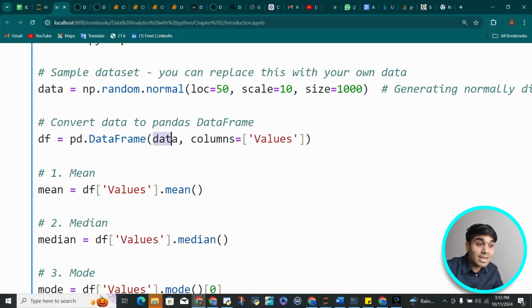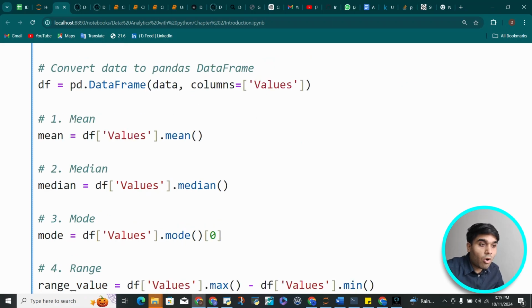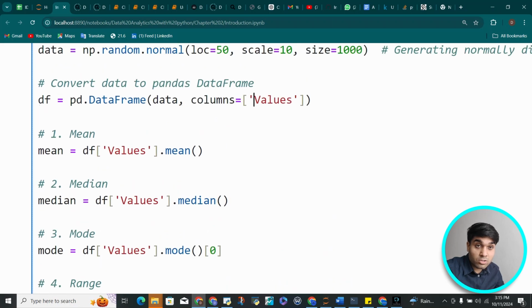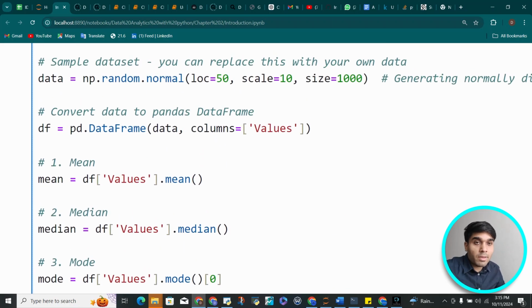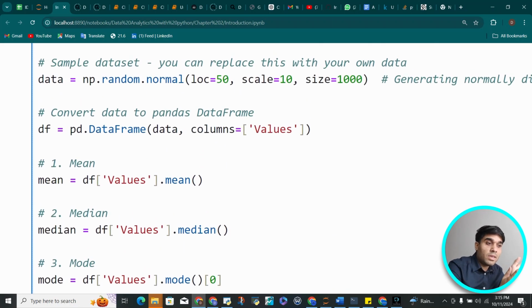we want to convert the data that we have created here using NumPy, and we want this data to be in a structured way. That is a DataFrame, right? The DataFrame is just like how Excel looks. And if I'm going to click here on data, and I want the name of the column to be values. Now if I change the name of the column here, all these functions that I've written here already will also be changed accordingly, because I will be calculating the mean, median, mode, whatever function of a particular column